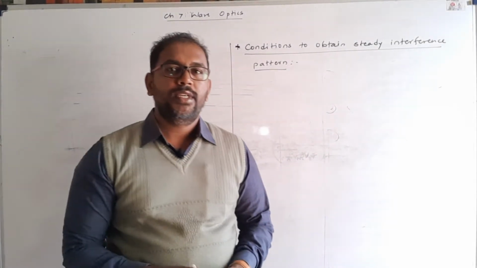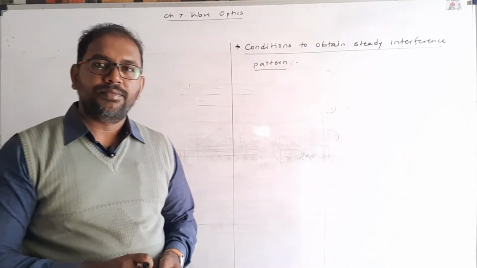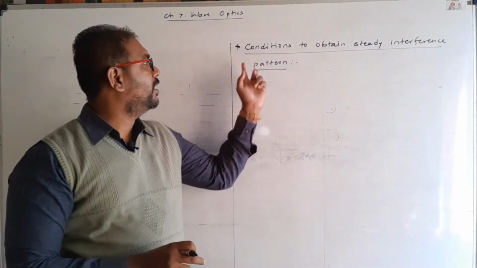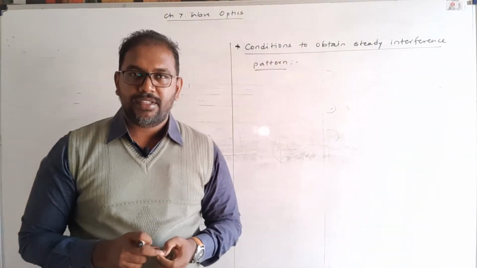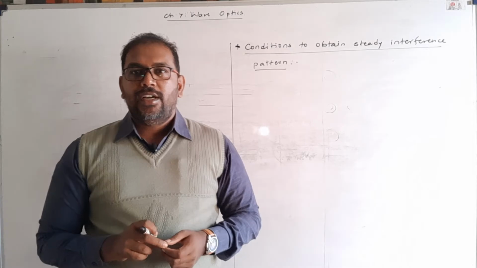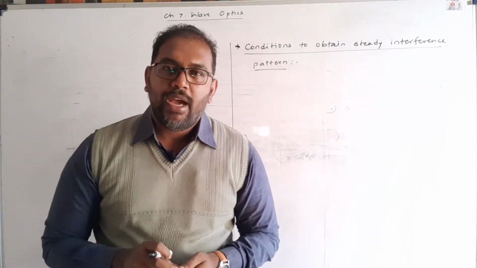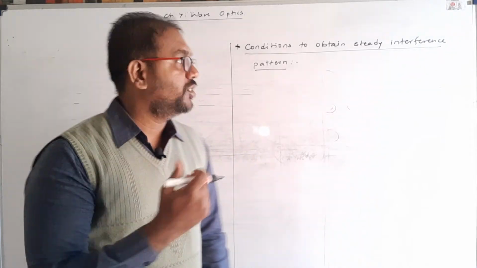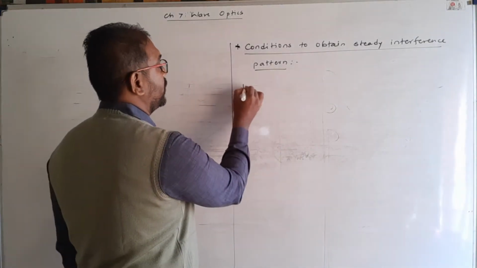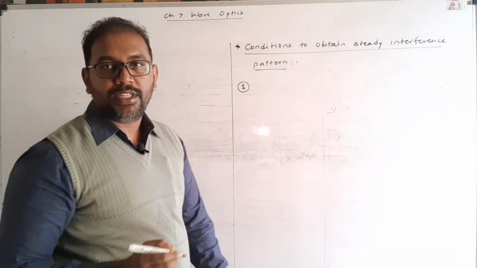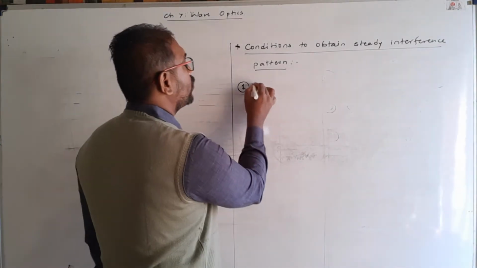Hello student. From chapter 7 wave optics, we have to start the article: conditions to obtain a steady interference pattern. We already learned what is interference. Now in this article, we have to learn what are the conditions to obtain a steady interference pattern. So the first and very important condition is two sources of light